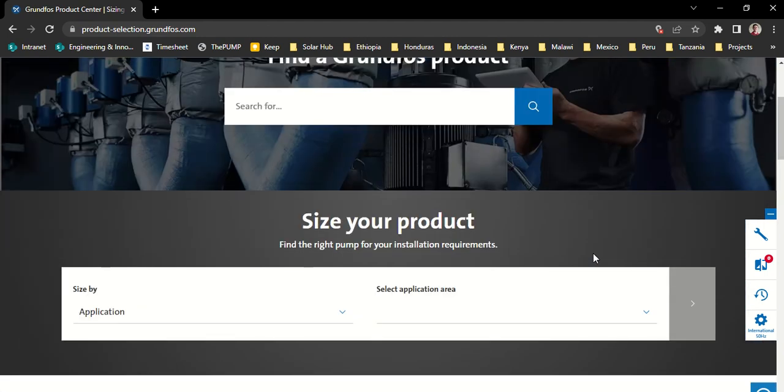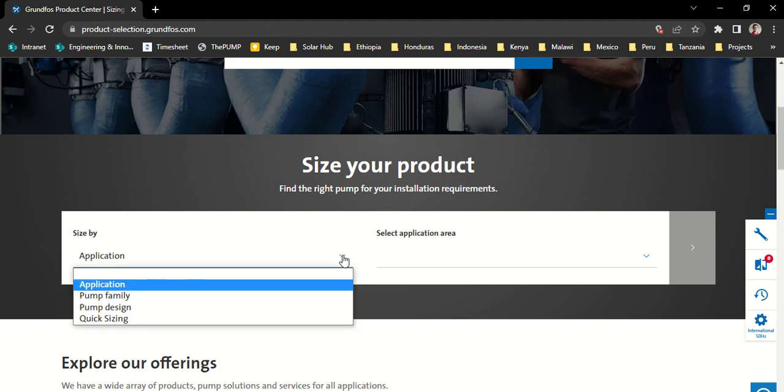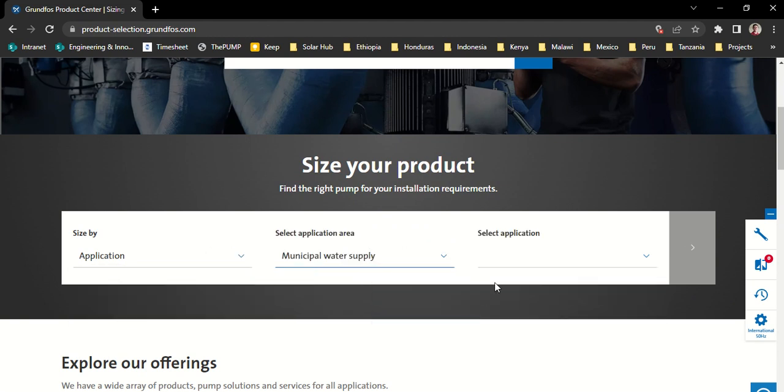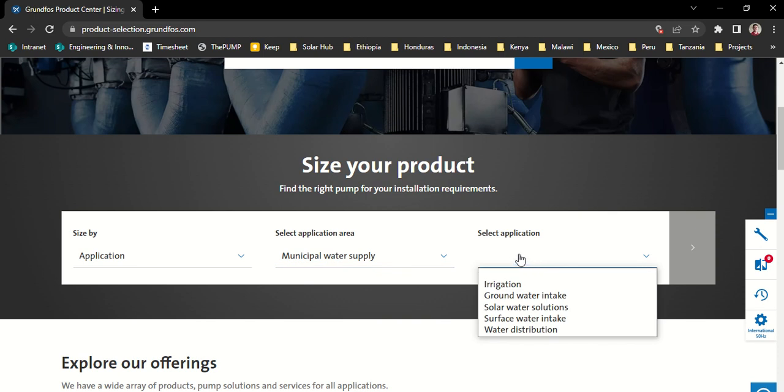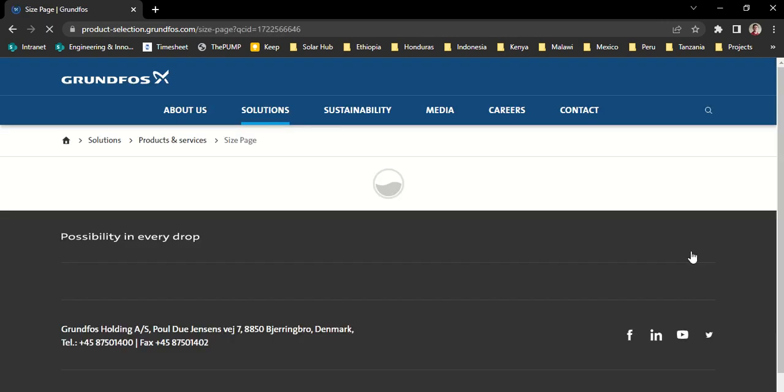Then we're going to scroll down to the section for Size Your Product. We're going to size by application. The application area is municipal water supply. The application itself is groundwater intake. And then we can just leave this as borehole installation open tank. If you need to, you can pause this video as you're working through this yourself to follow these same steps. Next, click the blue button here,